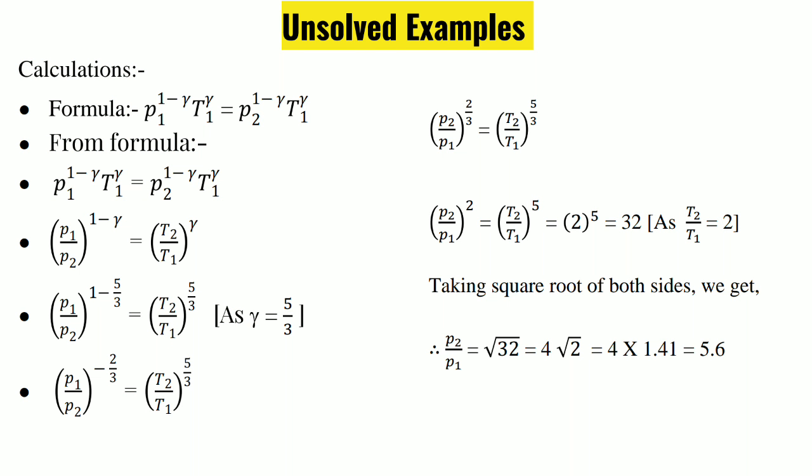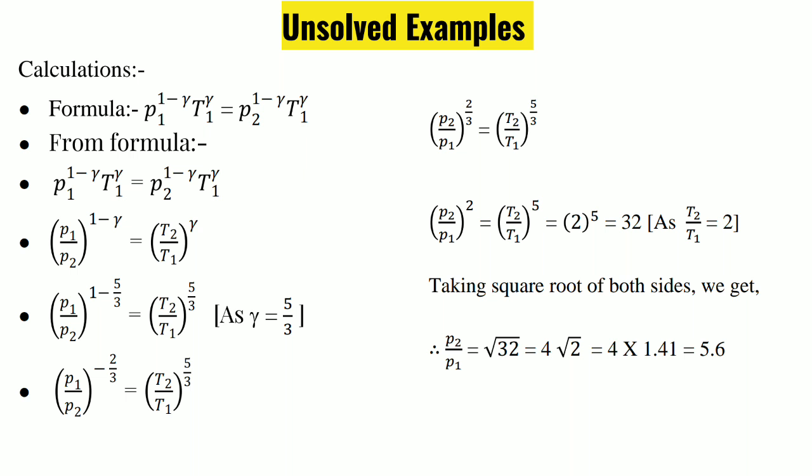Now try to understand. अभी क्या कर रहे हैं? P1 और P2 we are taking as one below the other, because दोनों का रेस टू में सेम है, 1 minus gamma. So we are taking both of them together. It can be written as P1 upon P2 raised to 1 minus gamma. In temperature you will see that T1 raised to gamma and T2 also raised to gamma. It should be T2, printing mistake. So what will we be getting? T2 upon T1 raised to gamma.